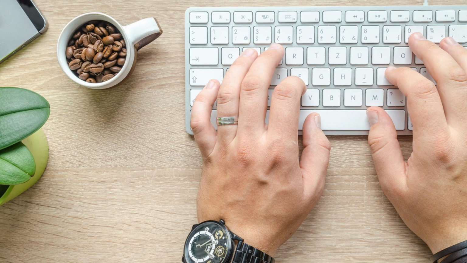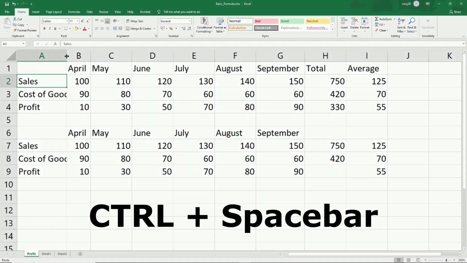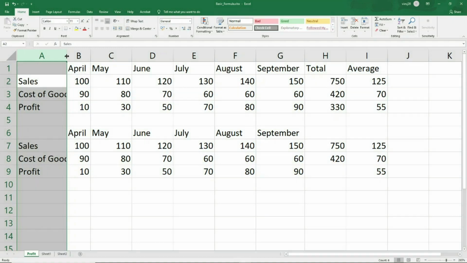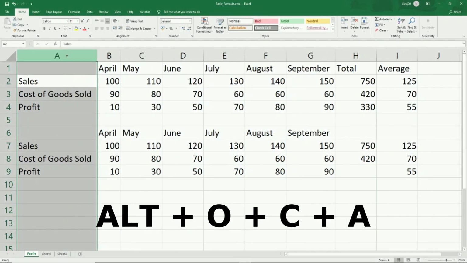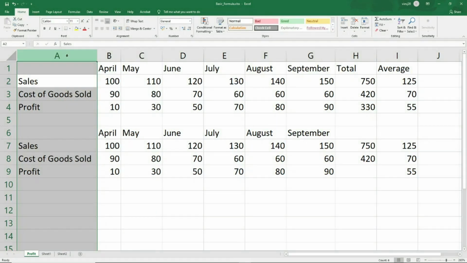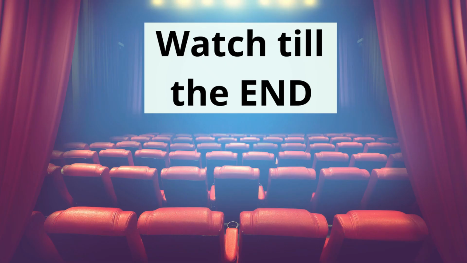Well, using the mouse is one way, but I always prefer to use the keyboard shortcuts. So I'll tell you how you can do it by using the keyboard. Had it been column A, I would have first pressed Ctrl and spacebar to select column A, and to auto size the width of the column to suit the largest cell, I would have pressed Alt O C A. Here, you have just done it. Whenever you use your mouse, you actually lose a couple of precious milliseconds or seconds. Using the keyboard, the work is much faster.